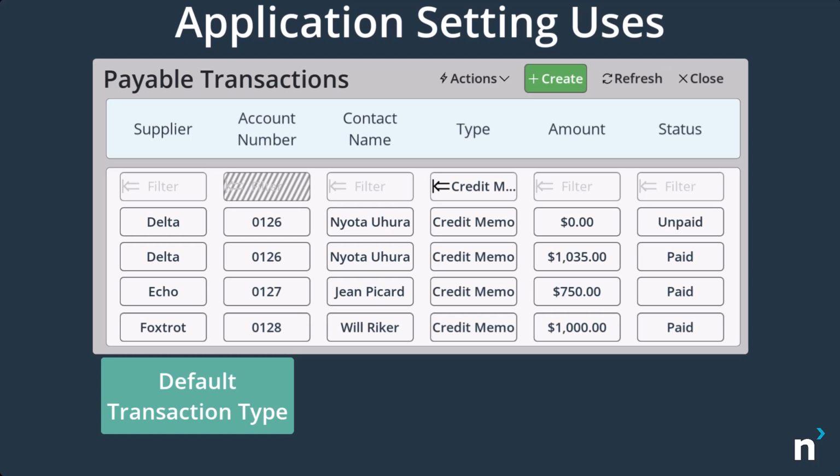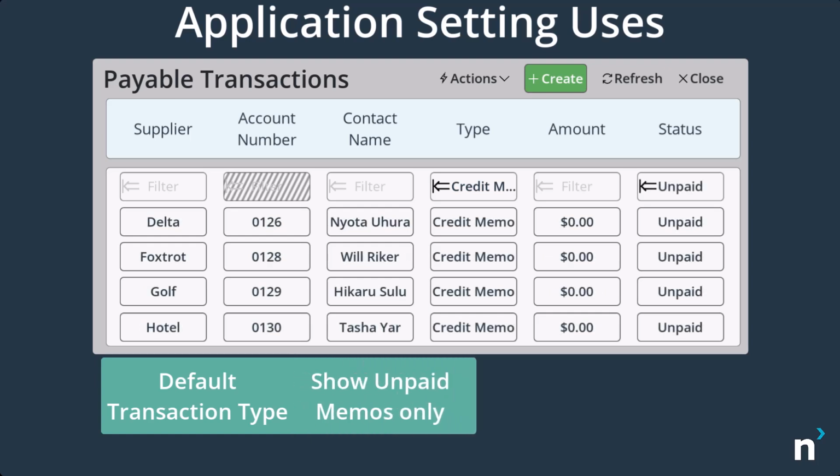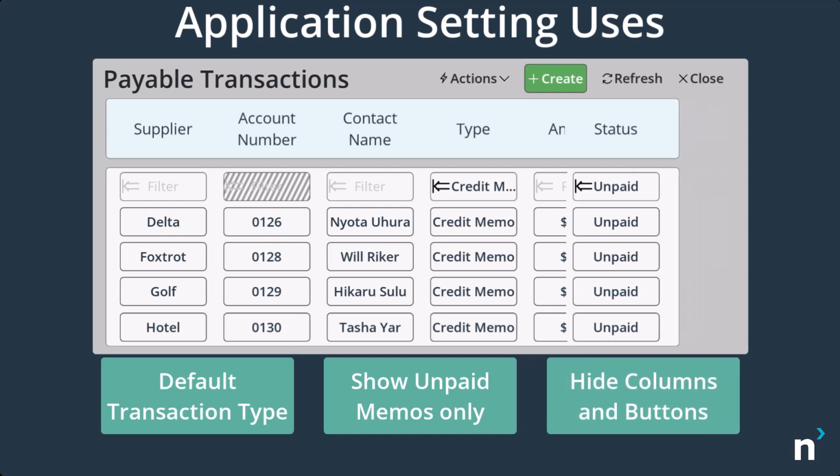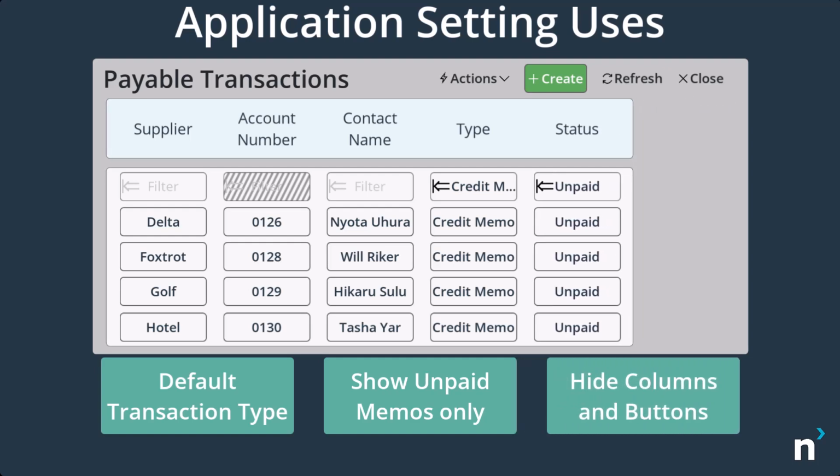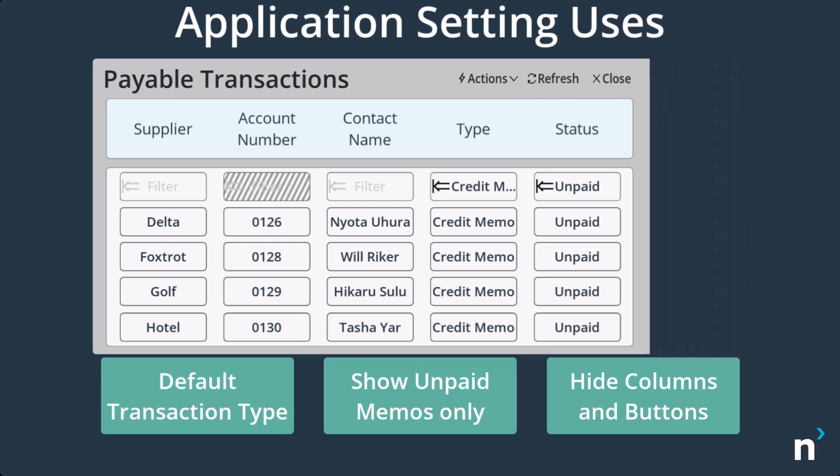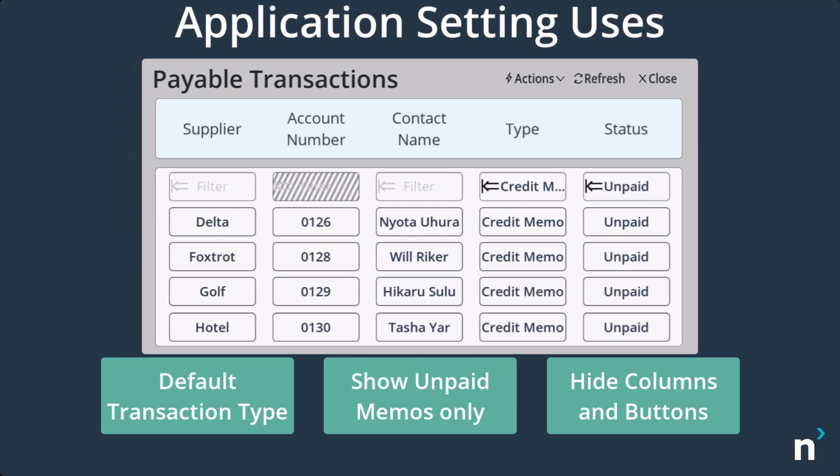Using a different application setting over the same application, we can create another access point that only shows unapplied or unpaid credit memos. This setting would also automatically collapse the transaction amounts, because in this scenario they would all be $0 or empty. You could also disable the Create button, because it would not make sense to create a credit memo from the list of unapplied credit memos.